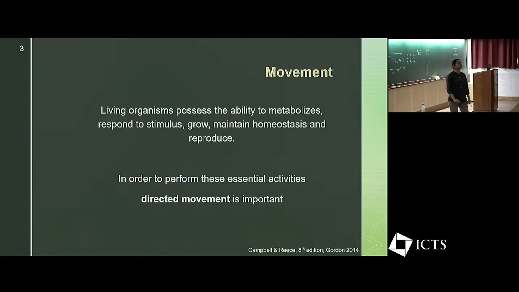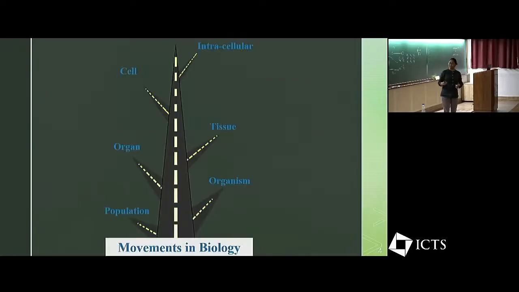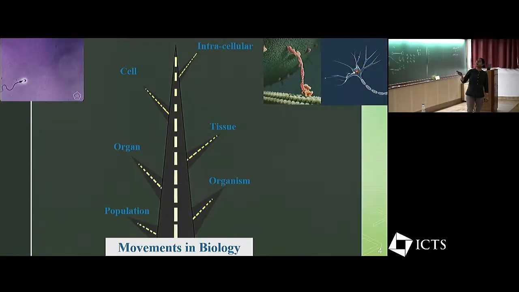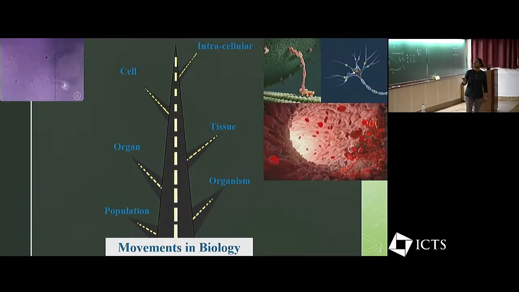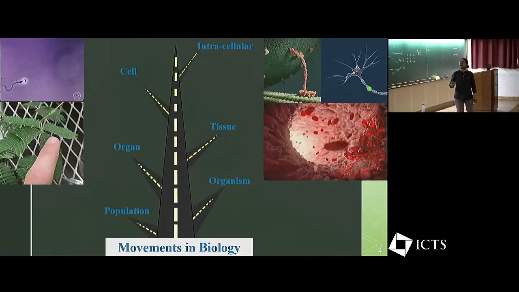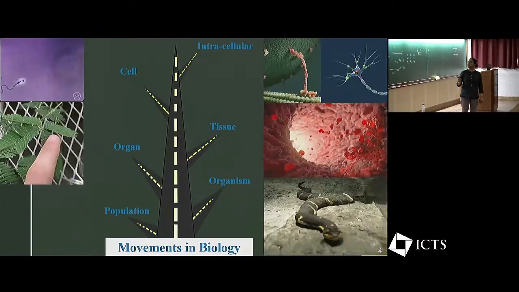Okay, so I would like to start off by mentioning movement, where we know that living organisms have these different abilities. Directed movement is an essential part of life itself. So at organismal and suborganismal levels also, we're going to be seeing movements at the level of intracellular contexts, at the level of cells moving from one place to another, at the level of tissues, organs. Hopefully you've done this and have an idea of this.